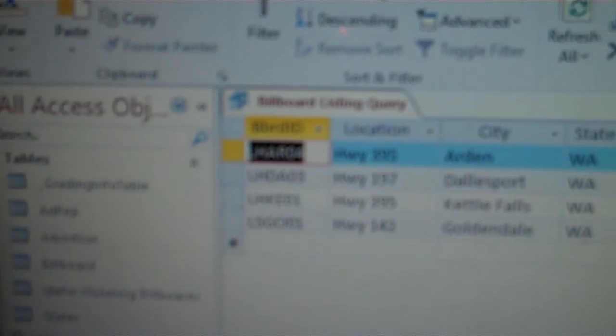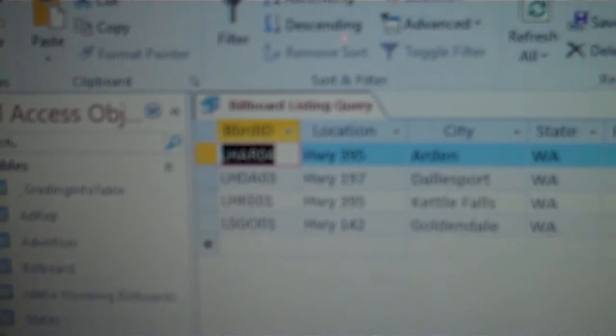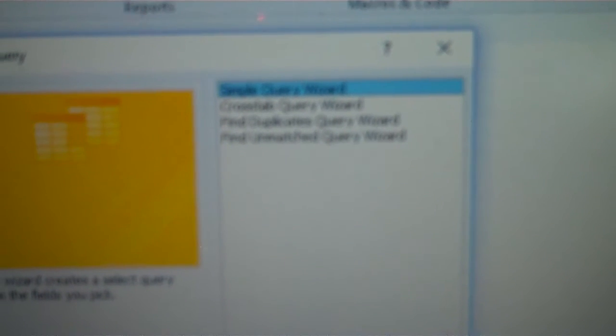Step 11 asks us to create a query. Before we do that, let's save the Billboard listing query and close it. To create a new query, we'll use the Create tab and choose the Query Wizard tool. We have been asked to use the Simple Query Wizard, which is the first choice. So we'll click OK